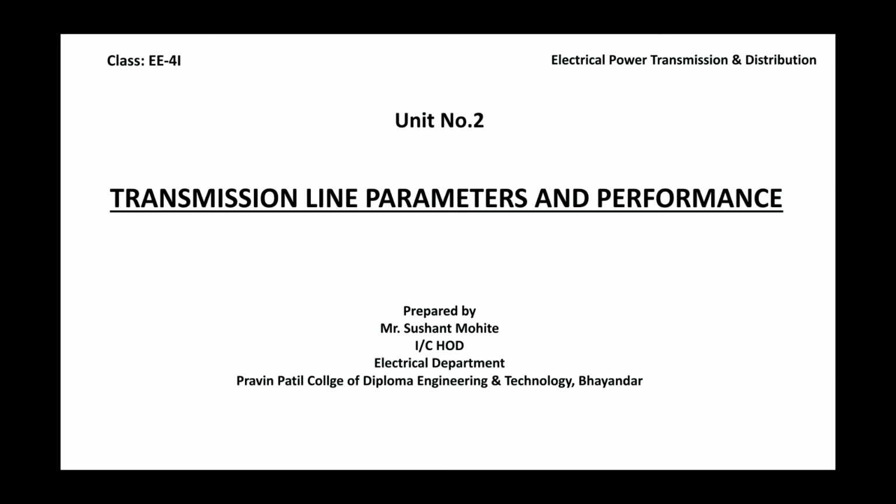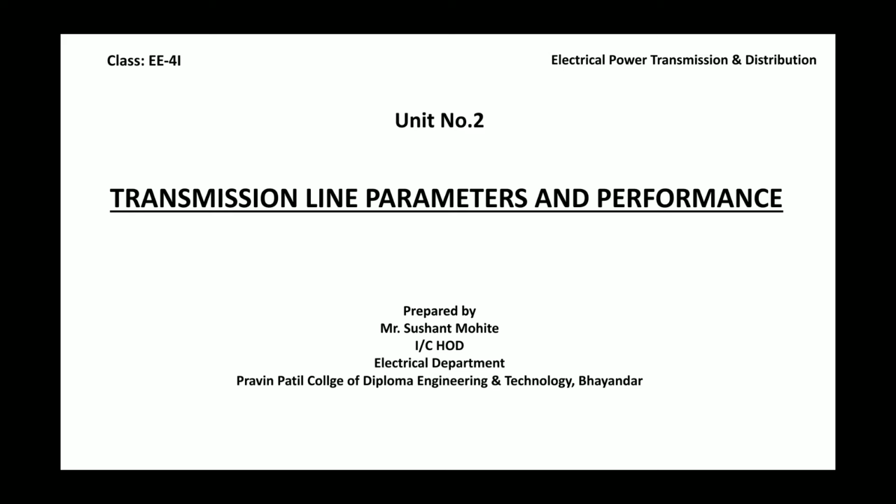The next is capacitance. The property which opposes change of voltage is called capacitance, measured in farads. The opposition due to this is the capacitive reactance, that is XC. Capacitance is formed when 2 conducting surfaces are separated by some distance. Here the conductors are conducting parts and they are separated by some distance, so naturally capacitance is inherently present.